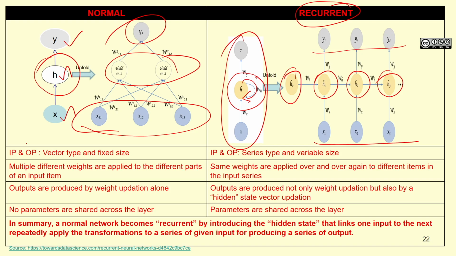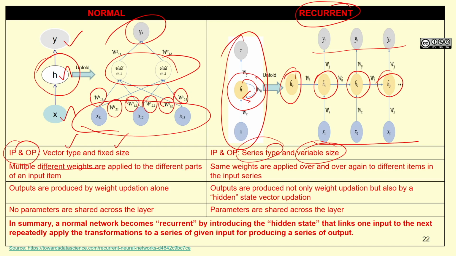When you take the input and output in a normal neural network, it is of vector type and fixed size, but here it is a series type and variable size, that you should know clearly. Multiple different weights, see each and every weight, this W11 is different, having a different value,